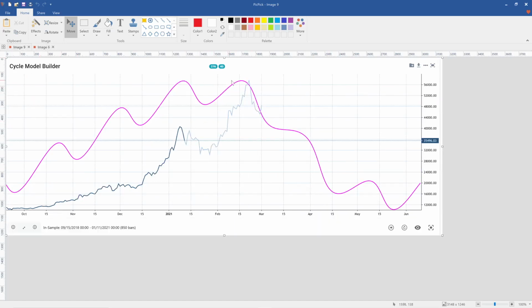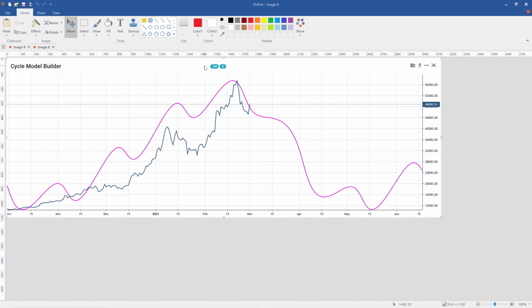The biggest thing you can see is the cycles have shortened. You had 276 and 40. Now the dominant cycles are 198 days and 37 days. So all this, the cycle is compressed. The short-term